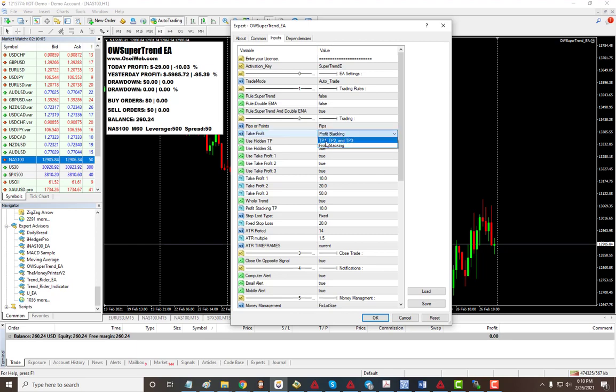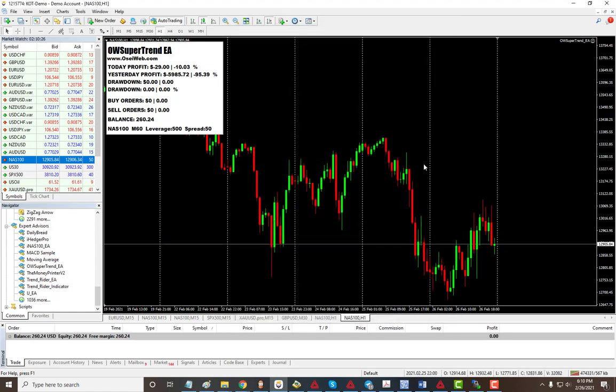There is one called TP123. So you say your TPs, TP123, and it will take these as the TPs, and then you have your stop loss. But if you choose profit stacking, which is the default, it will start off with 10 pips take profit. So what it's saying is if you got a signal here,